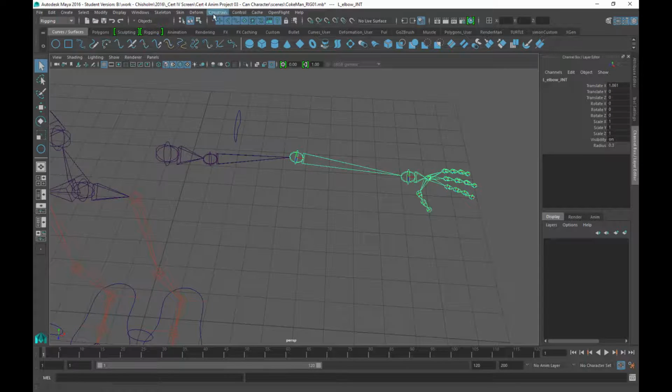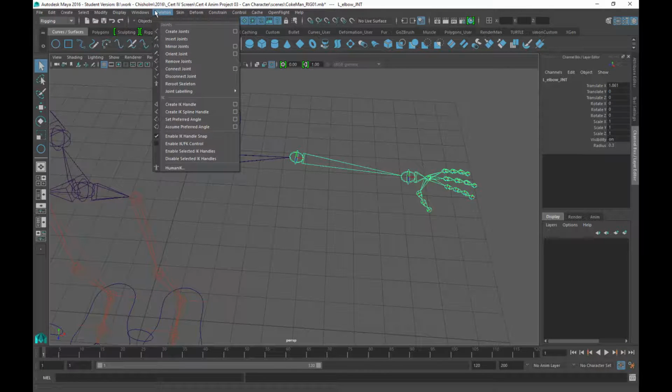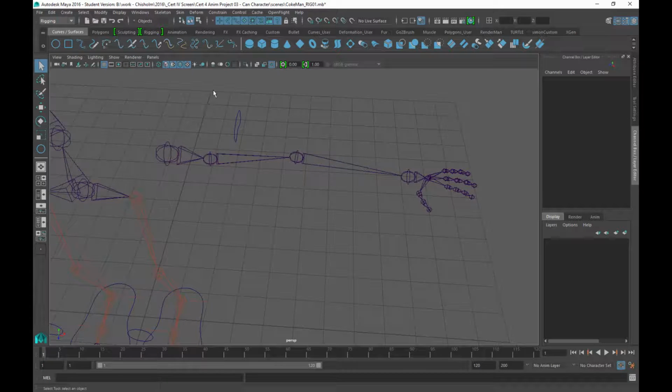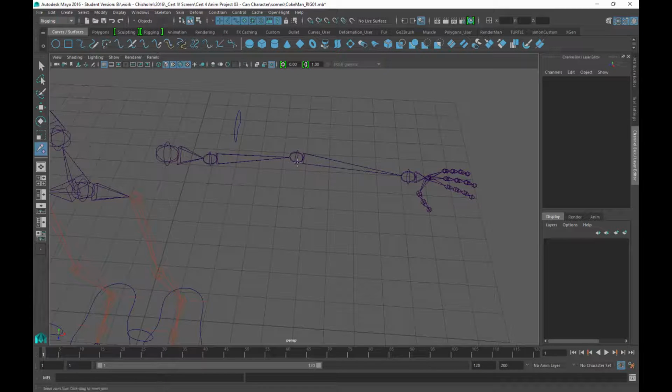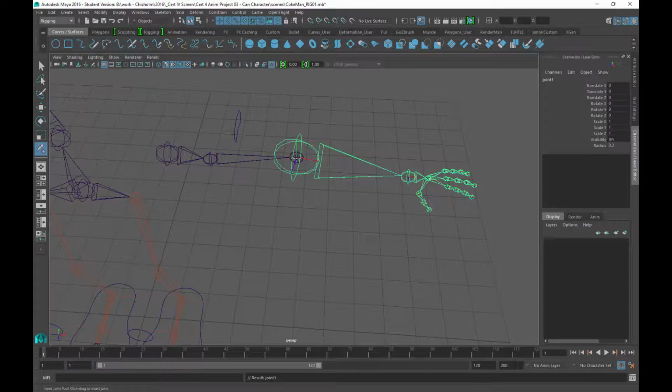Okay, so what I'm going to do is come up to skeleton, and we've got this insert joints option just here. I'm going to make sure I've got nothing selected as well, so just deselect everything. We'll go skeleton, insert joints. Now if I click on the elbow and then drag towards the forearm, I'm also keeping in mind up here in the top of the channel box, I'm looking at this number as well. So all I'm going to do is place this about halfway down like this, and I'm just taking note of the number up in that box, which is